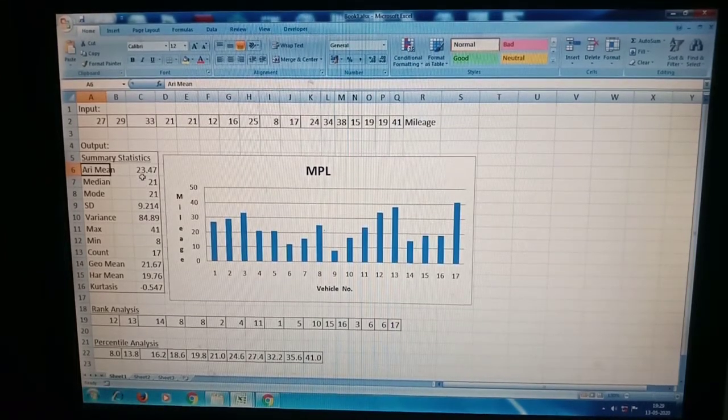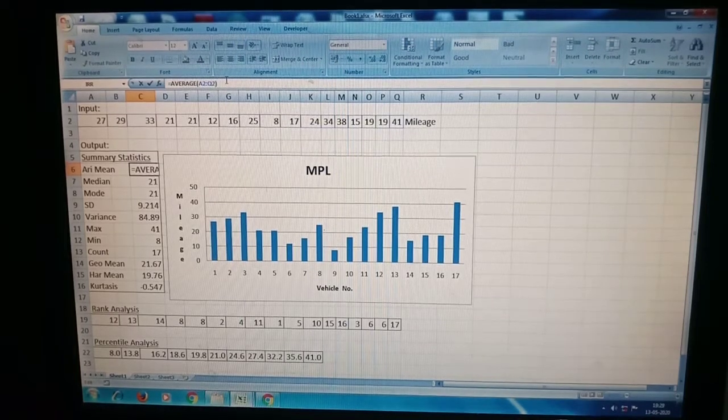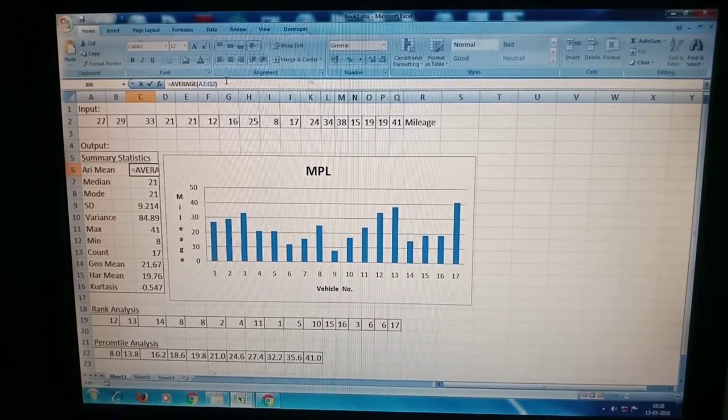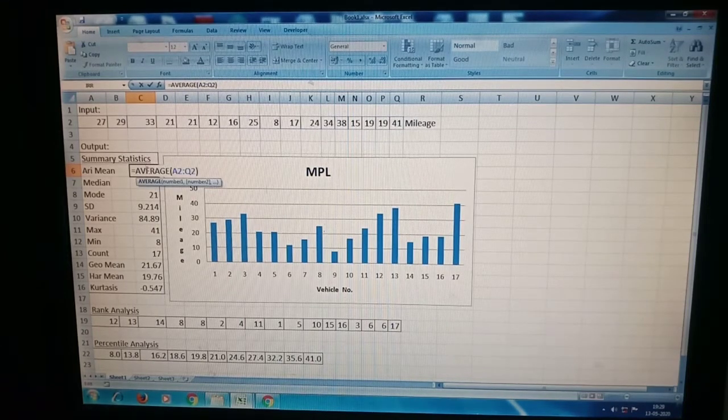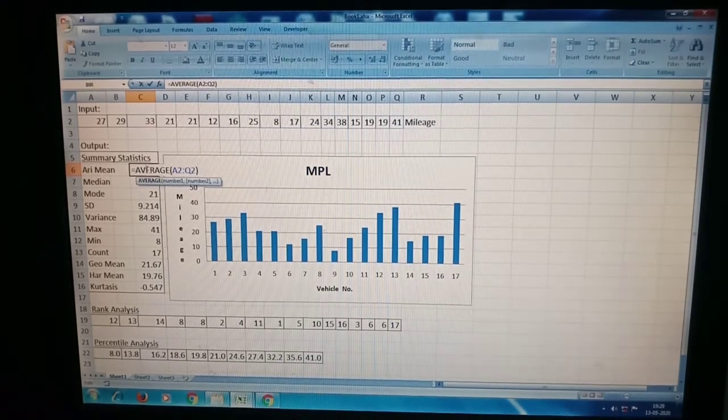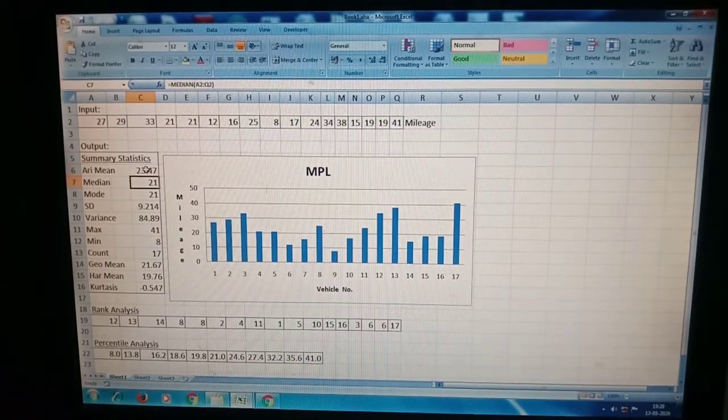I will show you the function used for this. Keep the cursor here and type in the formula bar =AVERAGE(A2:Q2). That means the average of A2 to Q2 will be calculated and displayed here. You type the function here and press enter, you will get the answer.